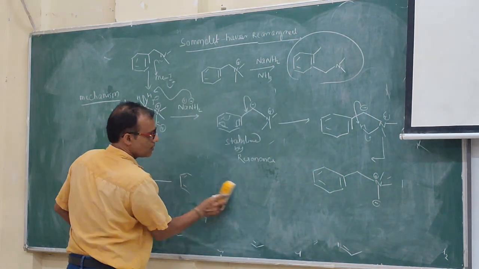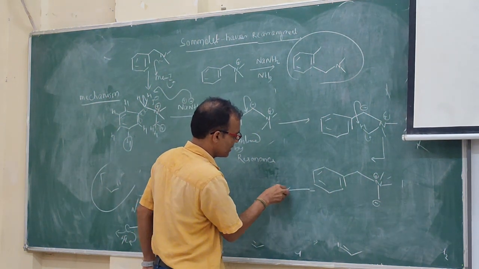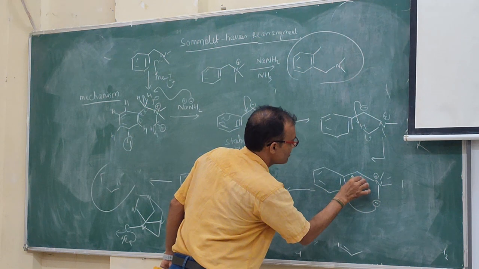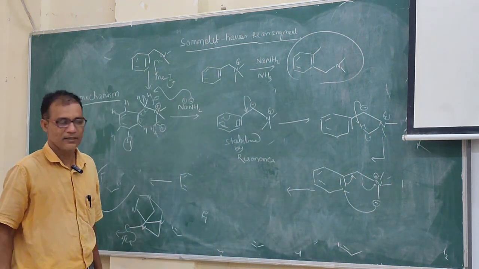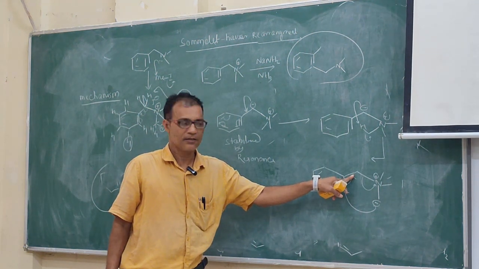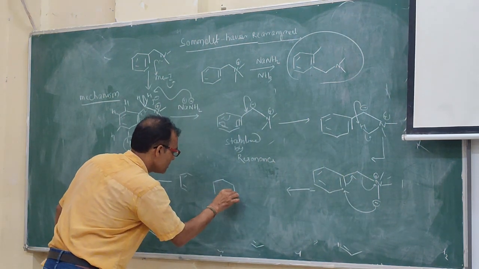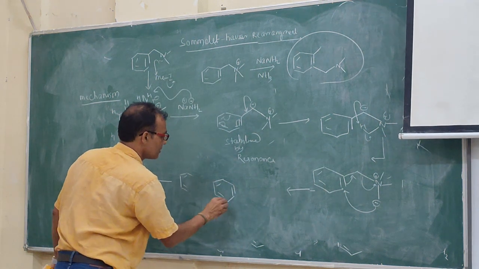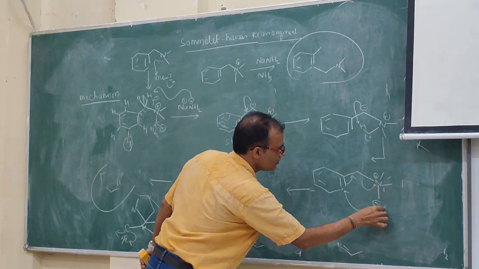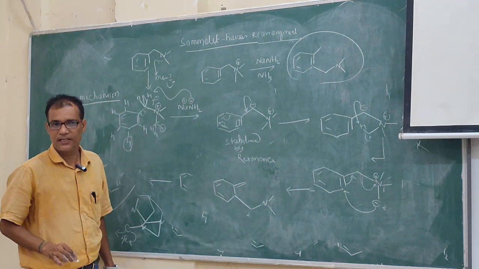Now, you have here a quaternary ammonium center, which is to be neutralized. So this one will attack here, this bond will migrate here, so this one gets neutralized. You got it? This one will attack here, that means this bond will shift to here, and so this will break. Suppose this is 1, this is 2, 2 is connected to nitrogen 1. Now the nitrogen atom is neutralized.